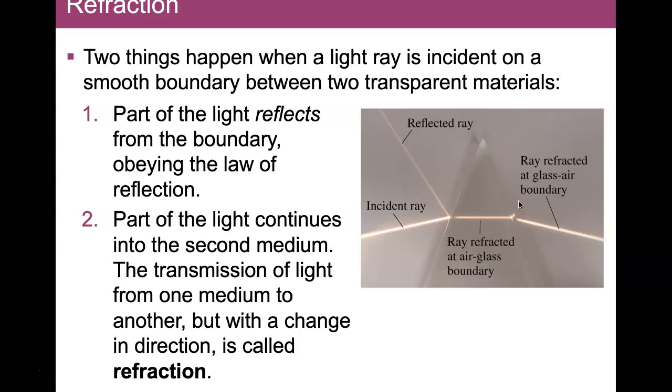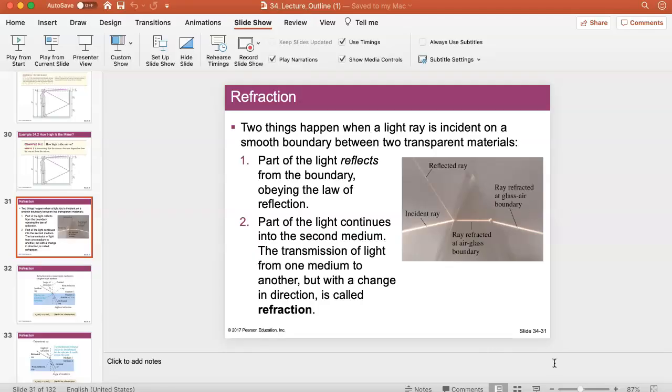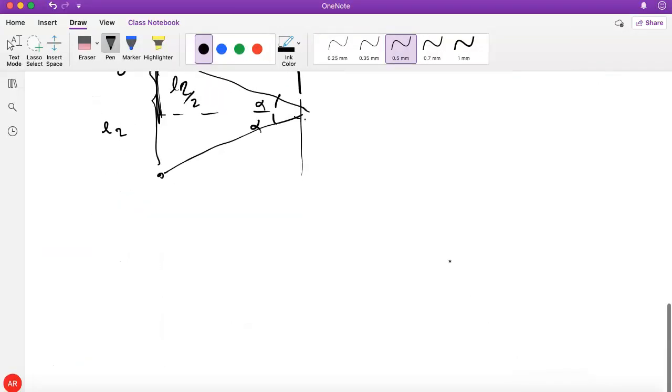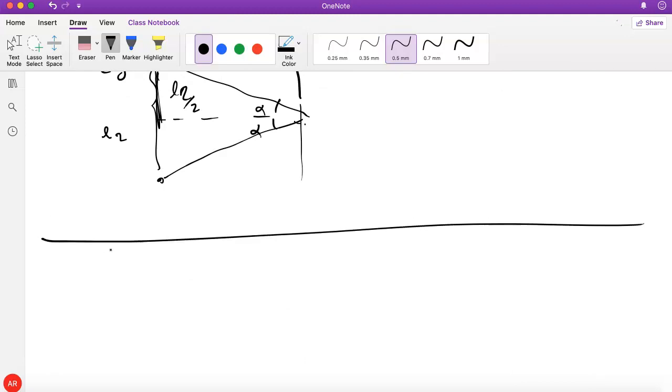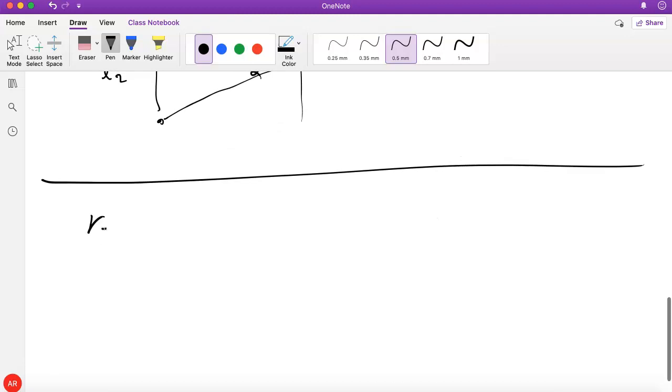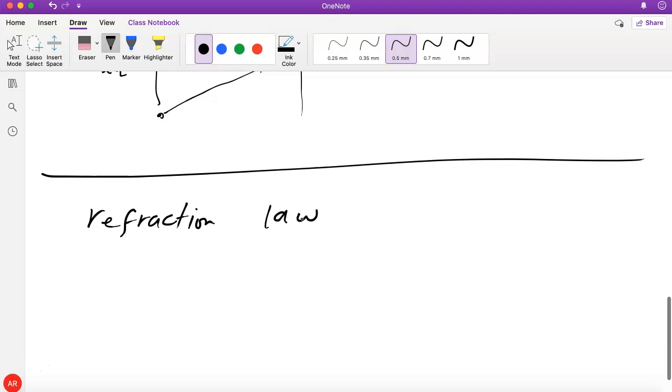Now, refraction means that the light bends as it moves. So the direction of this ray changes as it enters this new medium where there's a different speed of propagation. So how can we make sense of this? Well, again, in the same way that we thought about the wavefronts, and we figured out that the angle of the incident light must be the same as the angle of the reflected, we can again think about the